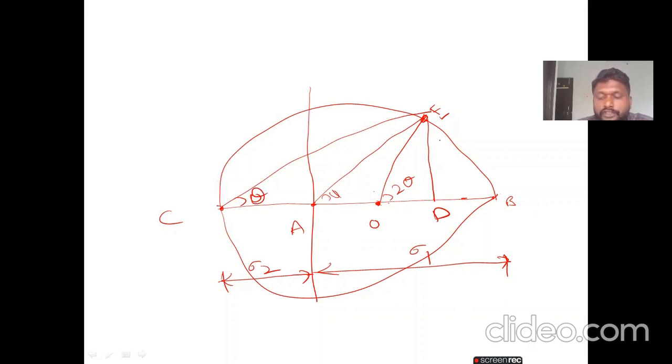So join AE and also CE. Then the normal and shear stresses on the oblique plane are given by AD and ED, from A to D and from E to D. These are the normal and shear stress. Length AE represents the resultant stress on the oblique plane. AD is the normal stress, ED is the tangential stress, and AE is the resultant stress. This phi is the obliquity.